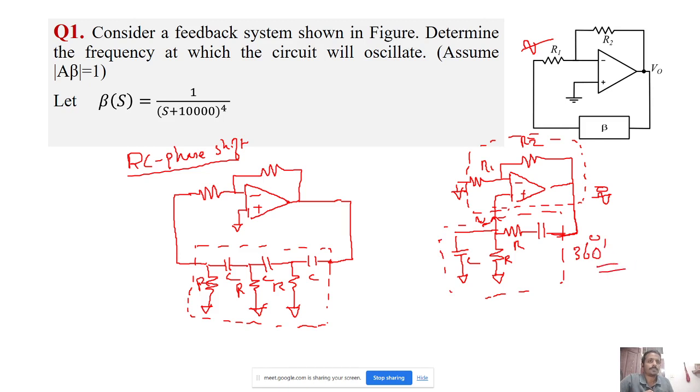That's why during the derivation, sir would have mentioned about that. Okay. Similarly, if this is the configuration,